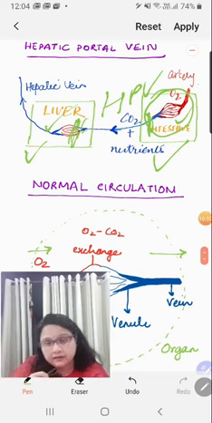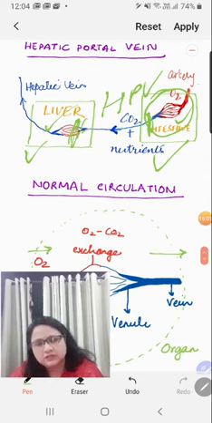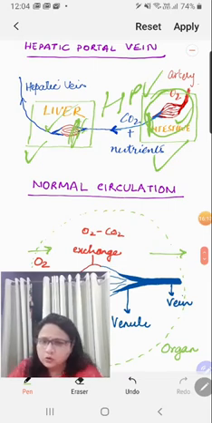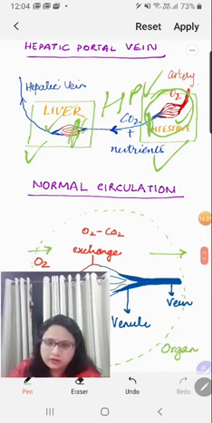Generally such arrangements are portal vein systems. You call any blood vessel that starts with the capillary, exits the organ, then enters an organ, again ends up in capillary, you call such systems portal systems. But since we are specifying here the movement of blood between the intestine and liver, that's why we are calling it